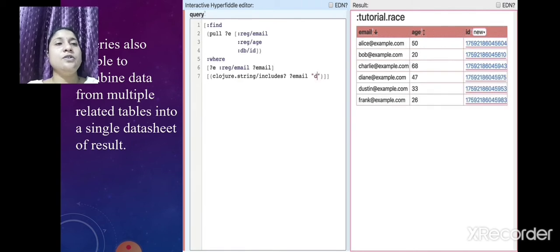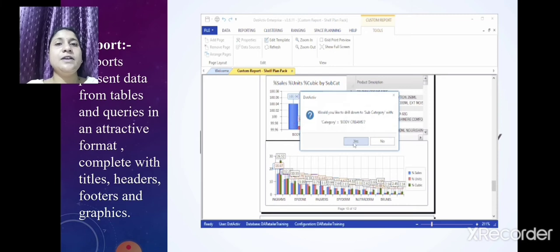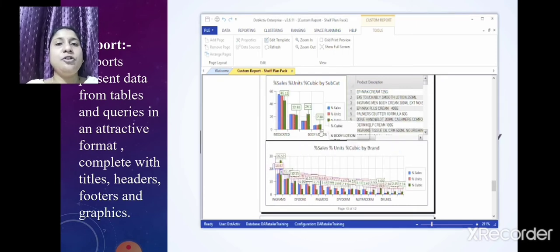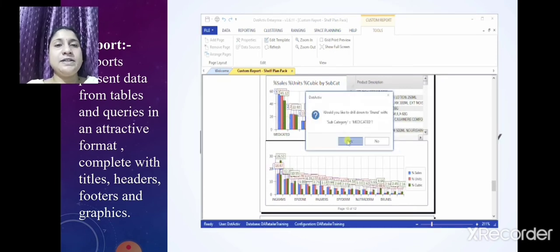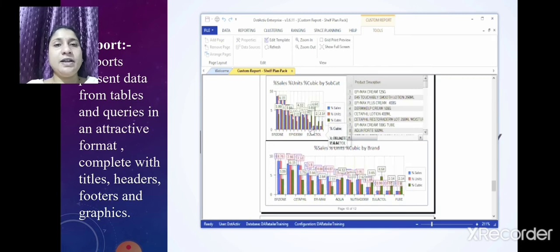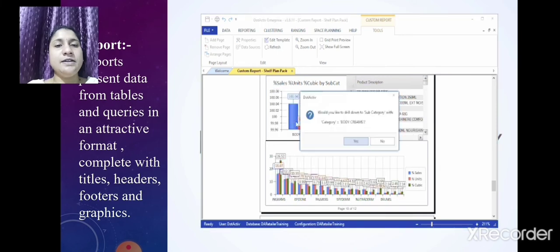Yes. Okay, now the next is report. A report presents data from tables and queries in an attractive format, complete with titles, headers, footers and graphics.